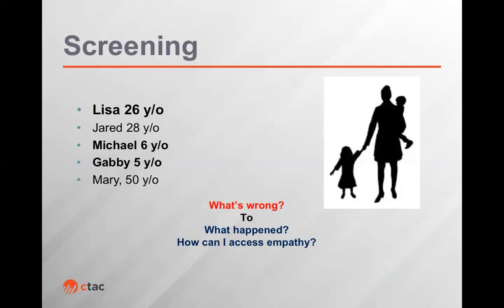And Lisa thought that she could go to the dialysis appointment and pick the kids up, and she tried her best, and she was running late. And she didn't cancel the appointment because this is the only day that she can come in for these appointments for Gabby and Michael, because she's missed a lot of days of work between Michael's asthma and her mother's dialysis. And she was told if she misses another day of work, she's going to be fired, right? So if I'm thinking about that as a possibility, and I view every patient as doing the best that they can, that personally helps me access my empathy.